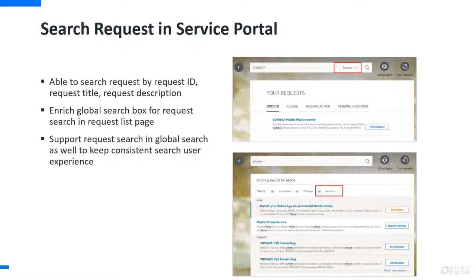So as you can see in the current screen, in the global search, we add one checkbox, we call it request. So when you type something in the global search box, all the search results will be displayed here, including the search results in the knowledge offering and the request. And of course, in the dedicated search screen,